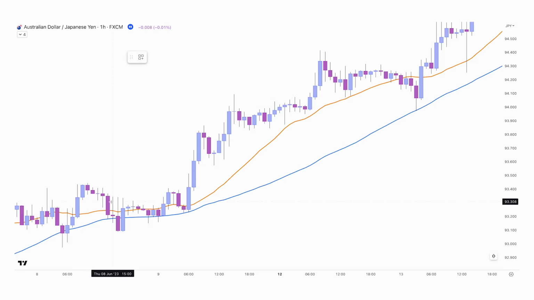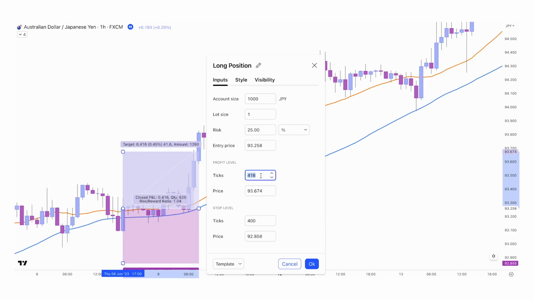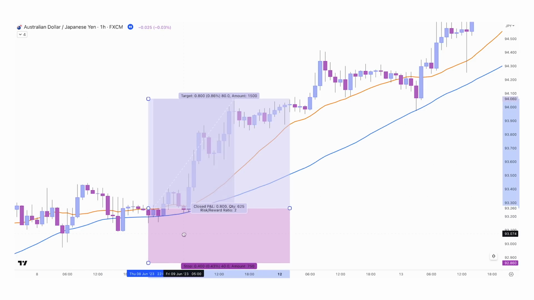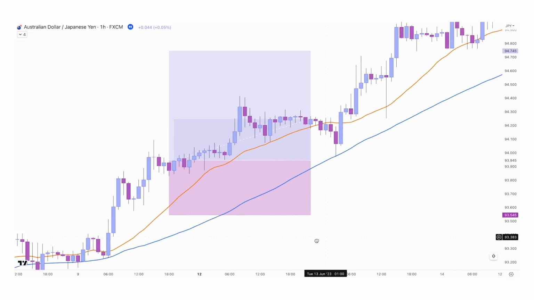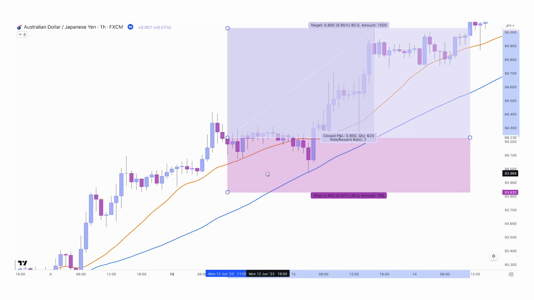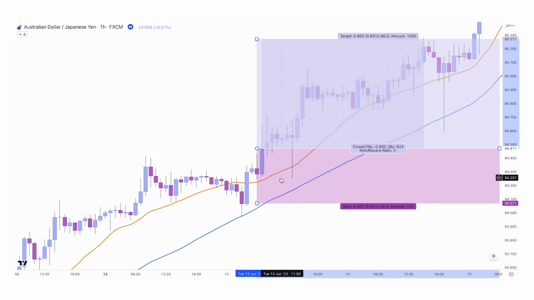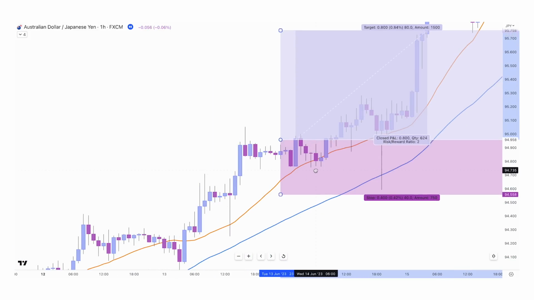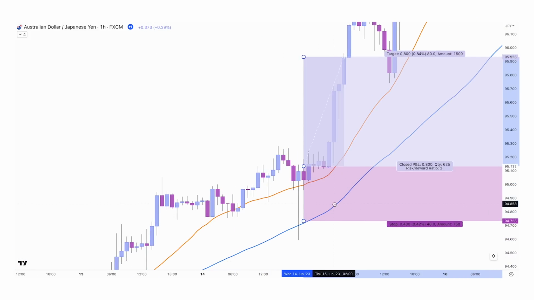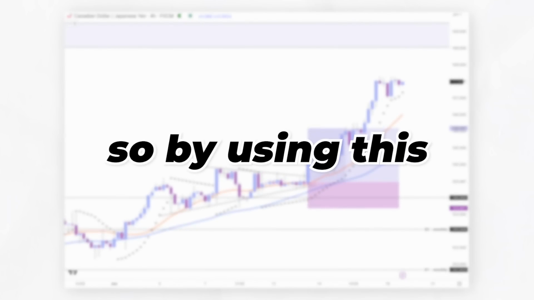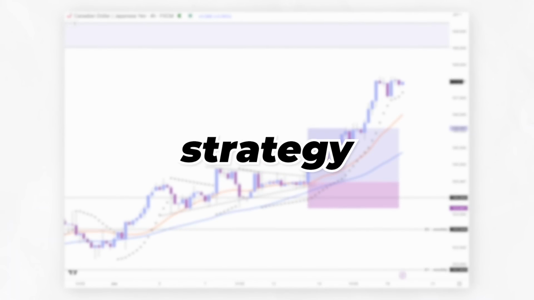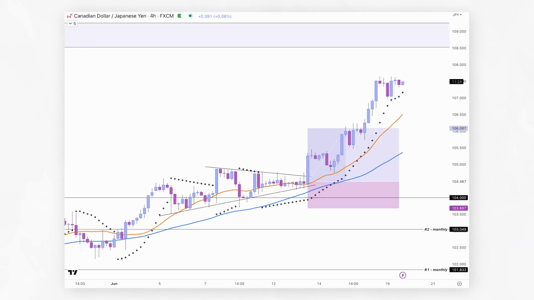So what you need to do is to open a long position, set your take profit and stop loss levels based on your risk management and price action, and then basically count every single bullish engulfing closure above both moving averages and see how many times it hit your profit target. And that's it. So by using this simple yet highly effective strategy, the result for the CAD JPY pair becomes very obvious,